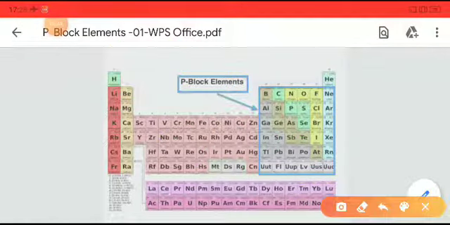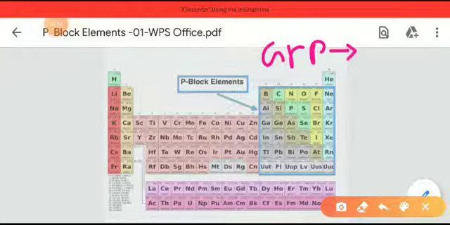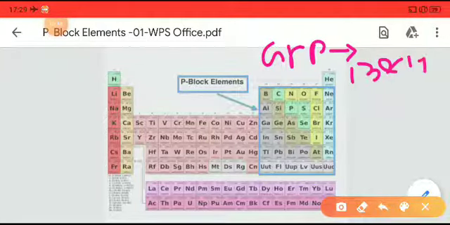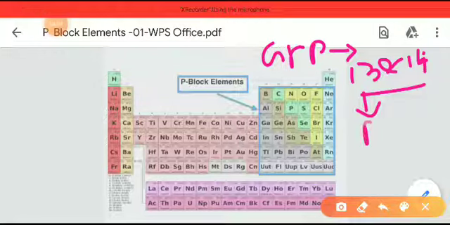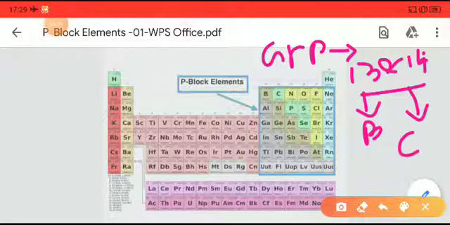So in class 11 you have learned the P block elements of group number 13 and group number 14. Group number 13 is named as boron group because the pioneer of this group is boron, whereas in group number 14 the pioneer of the group is carbon. That is why this is called carbon's group or group of carbon.